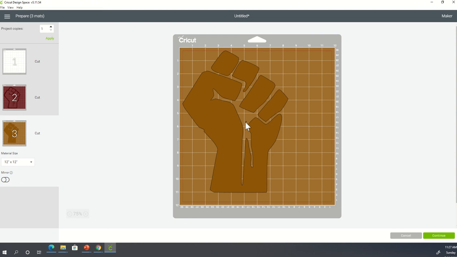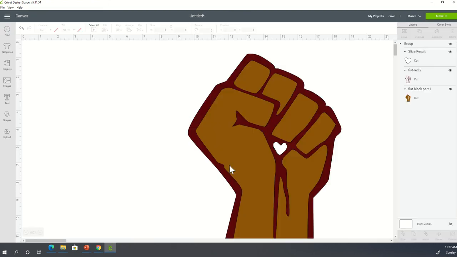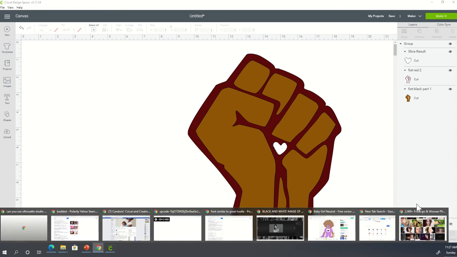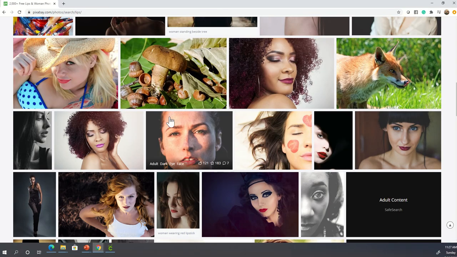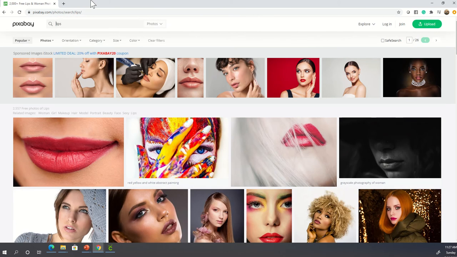Okay, there's another little dot that I could clean up, but I'm not going to because I'm not going to be using this project. I just wanted to show you how you can use Pixabay. Again, anything that displays here at the bottom is free for personal use, not for commercial use, guys. Anything up above this area is going to have a cost associated with it. Like if I click on this image,